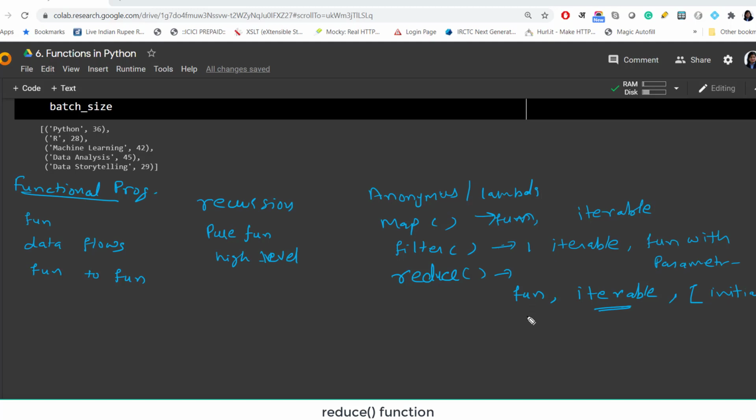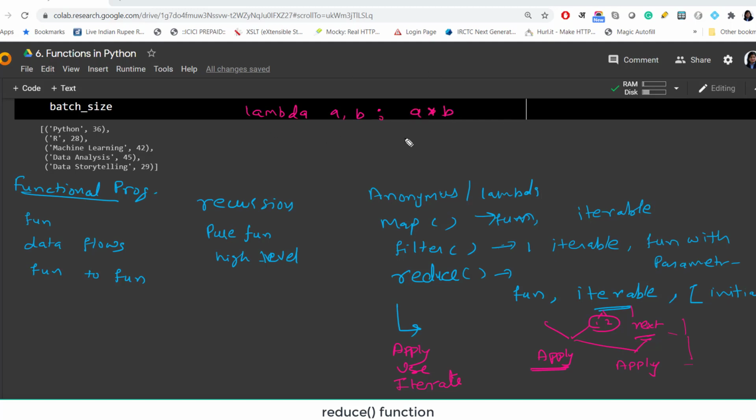So here what it does, it first of all takes two elements of this iterable and applies this function to them. Then it uses the next element and applies the function again, then the next element and applies the function again. So basically it applies, then it uses the next element, and then it iterates or repeats. This is how the reduce function works. So we have seen, for a simple example, a function which takes two inputs A and B and gives us the product A times B.